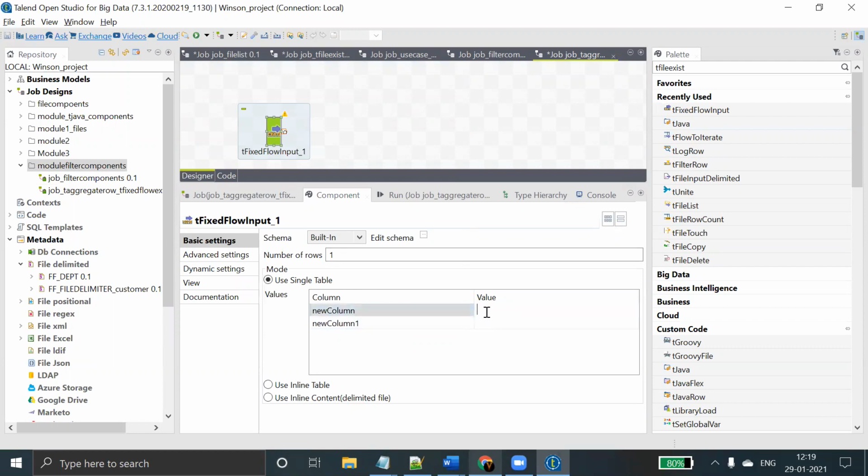For this, I don't have any value, so you can give your own values. Suppose I'm giving Talend, data integration. Okay, now these are my columns.